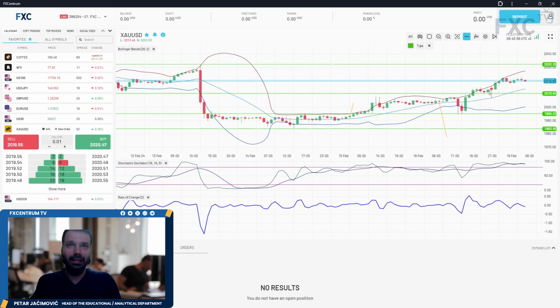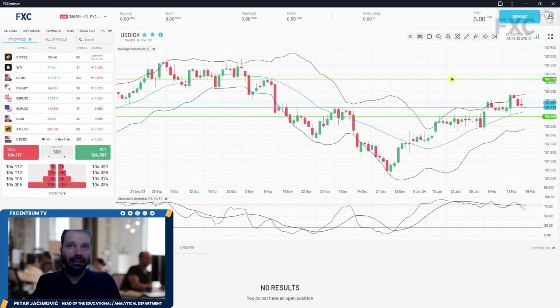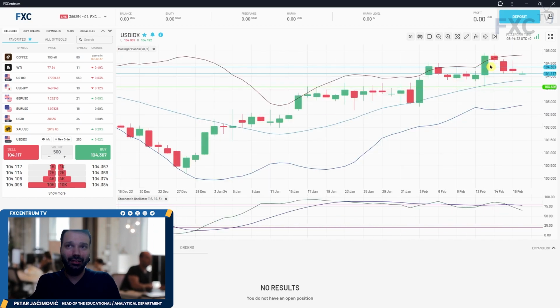of the 2030 mark. And the dollar index, we can see here after again the close above the upper Bollinger Band, the very next candle was a narrow candle, closed actually inside of the Bollinger, and then the next day was down. So this is something that we had similar here. And that's a sign of actual weakness, and together with this bearish divergence on the stochastic oscillator, this is the reason why we have these down days in the last couple of days and potential for fully retaking this pin